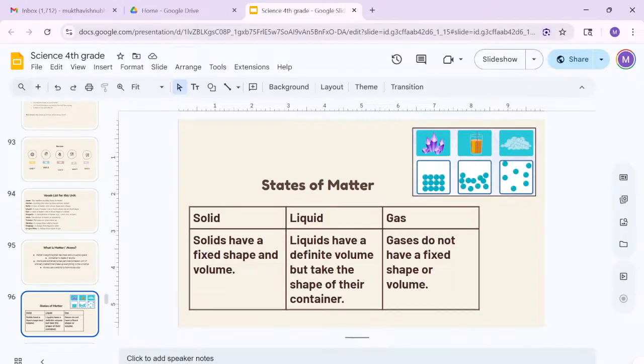So states of matter, like we were saying: solids have fixed shape and volume, liquids have a finite volume but take the shape of their container, gases do not have a fixed shape or volume. And you can see a little image of what the particles or the atoms in the solid, liquid, and gas are like. So in a solid object, the atoms are packed tightly together. So take a book or whatever you have next to you, and you can see that the atoms are hard. That's why liquids are more flowy. And then in the gas,